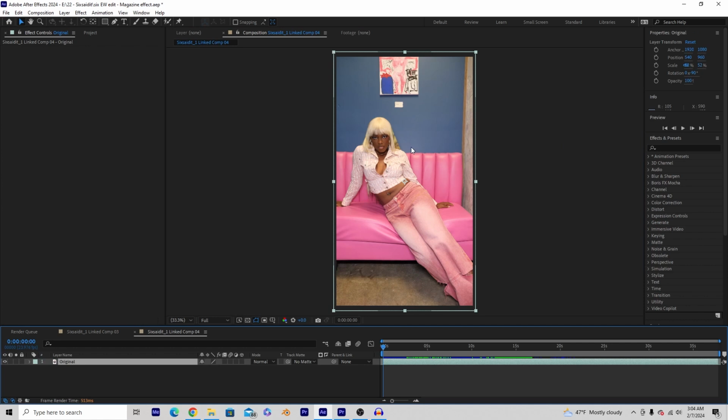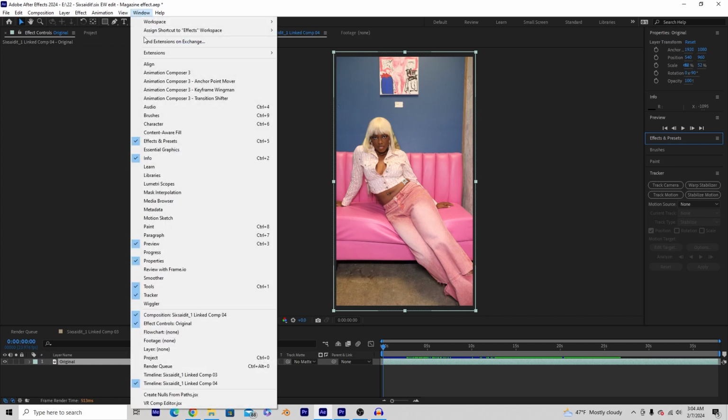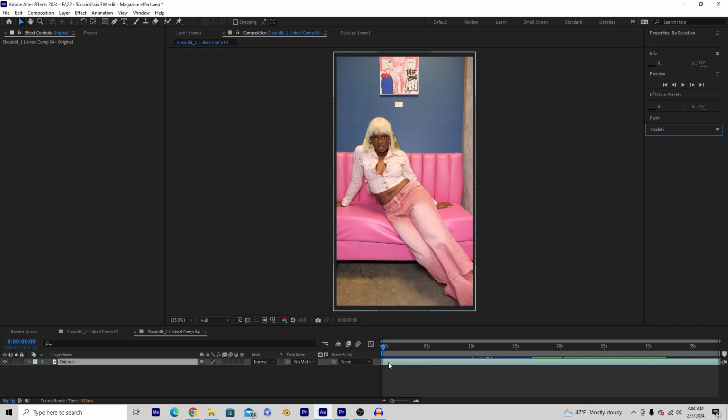Once your footage is ready to go, if you want to start tracking your subject's face, you're going to go over on the tracker window here. If you don't see it, you can go to window, scroll down to tracker, and make sure it's checked. And then you should be able to see the tracker over here. So once your footage is selected, go to your tracker